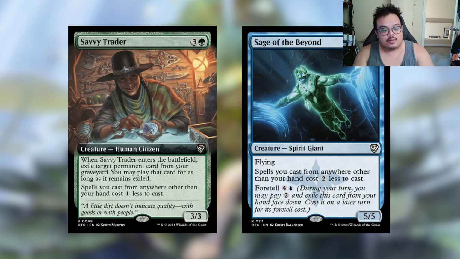Spells you cast from anywhere other than your hand cost 1 less, so it's giving us a cost reduction from the spells on the top of our library. Same with Sage of the Beyond, which I believe came in the Azorius deck. Oh wait, no. Yeah, I think this is just a reprint that I have on screen. I think it came from the Azorius deck when